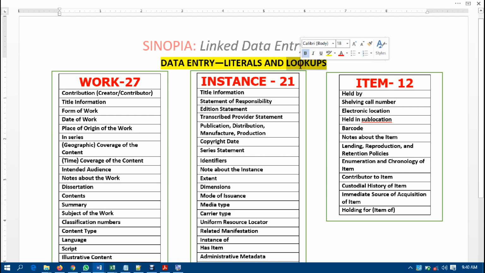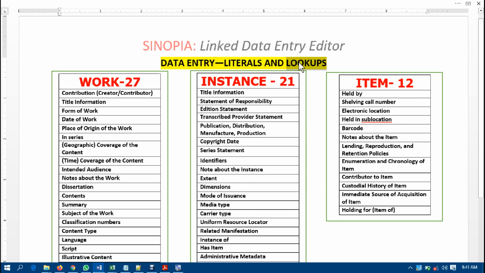And when you talk about lookups, these are the vocabulary that use the information or data that have already been provided, or any other information that you need from controlled vocabulary that you think will help you in the cataloging of the information item.